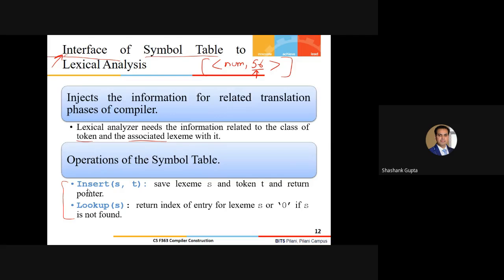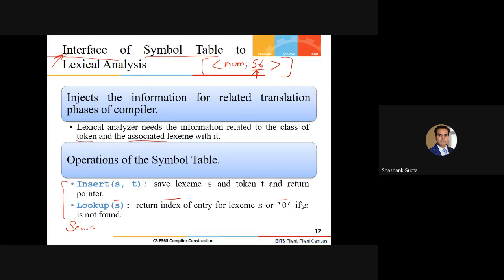The other operation is lookup, which is simply a search operation. It searches for the corresponding lexeme, and if it is present, it returns the pointer for the lexeme S, or it returns null if it is not found.